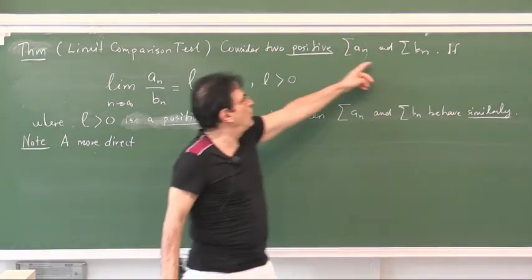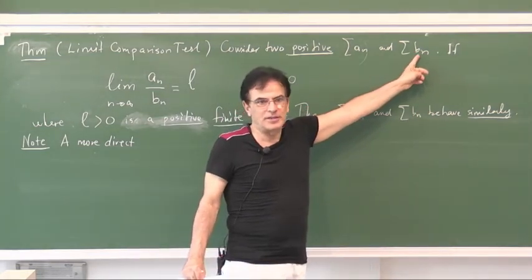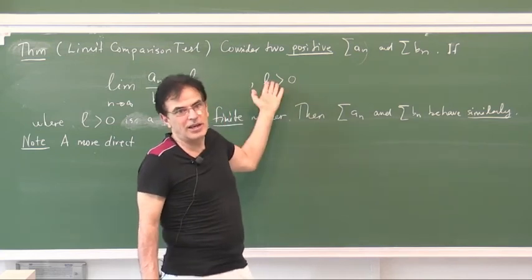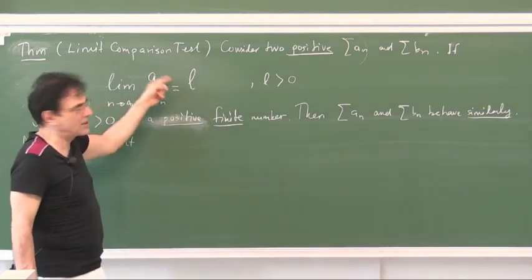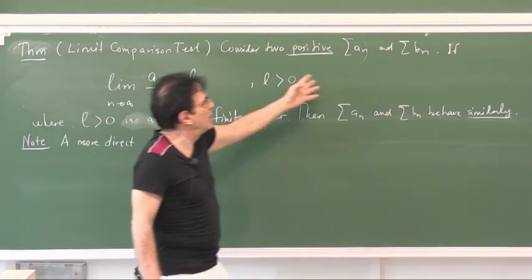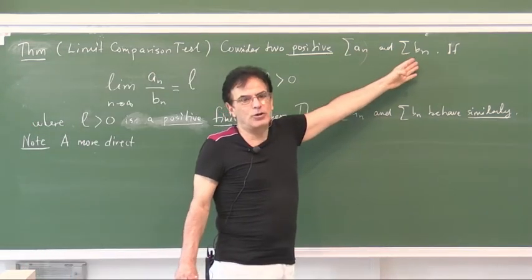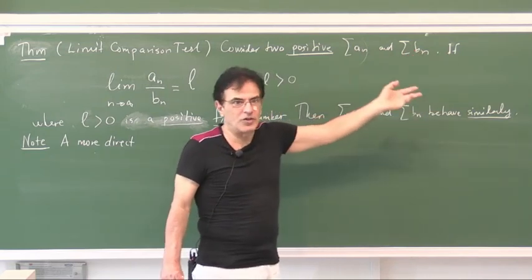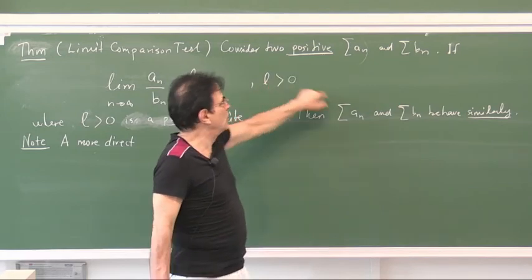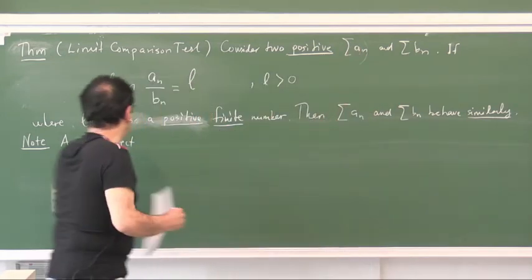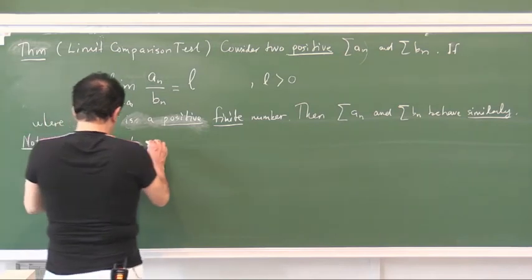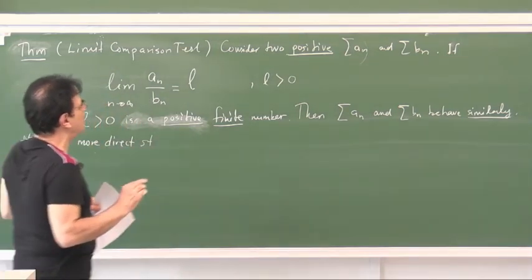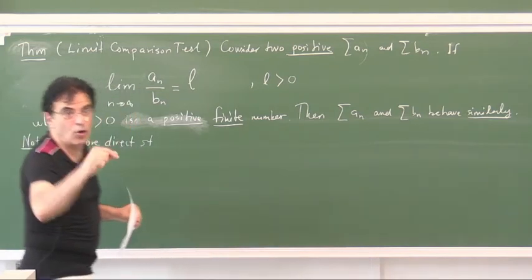That is, if you choose a divergent series for comparison, and this is a positive number, which is generally the case, we have the limit of a positive quantity, then sigma an is also divergent. If you choose sigma bn as a convergent series, and this is true, your series is also convergent. Okay, but a more direct statement which contains the exceptional cases where L may be 0 or infinity,